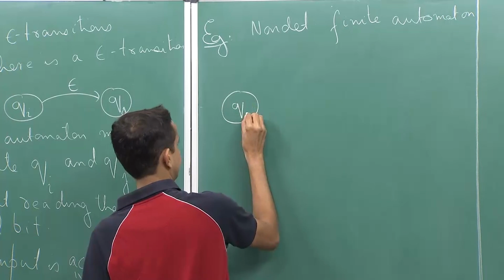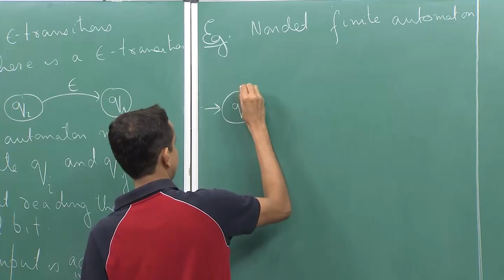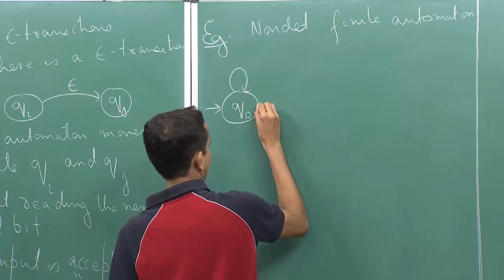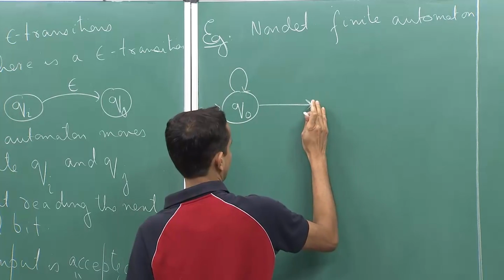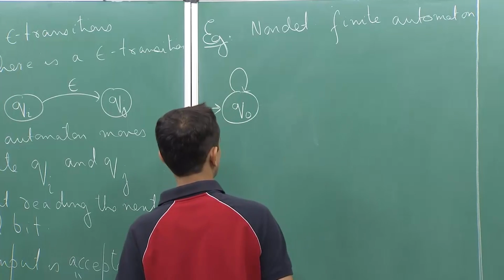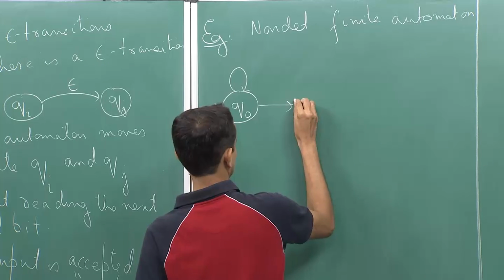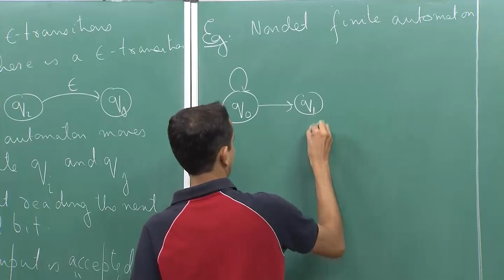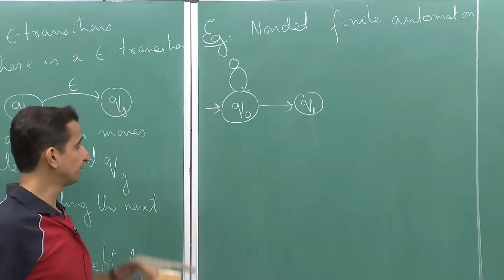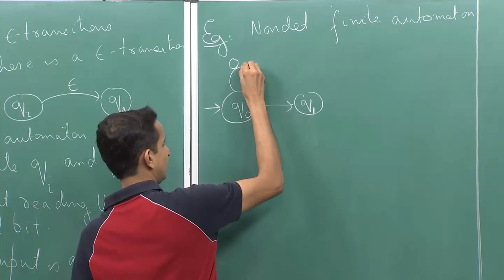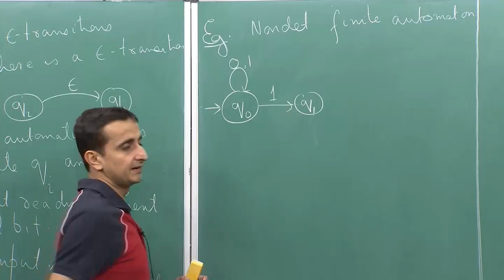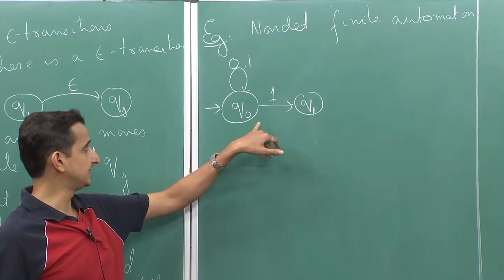So, we have state q0, which is the start state. From q0 on a 0, it stays at q0, and from q0 on a 1, it stays at q0 as well as it goes to the state q1. Okay. So, here you can see